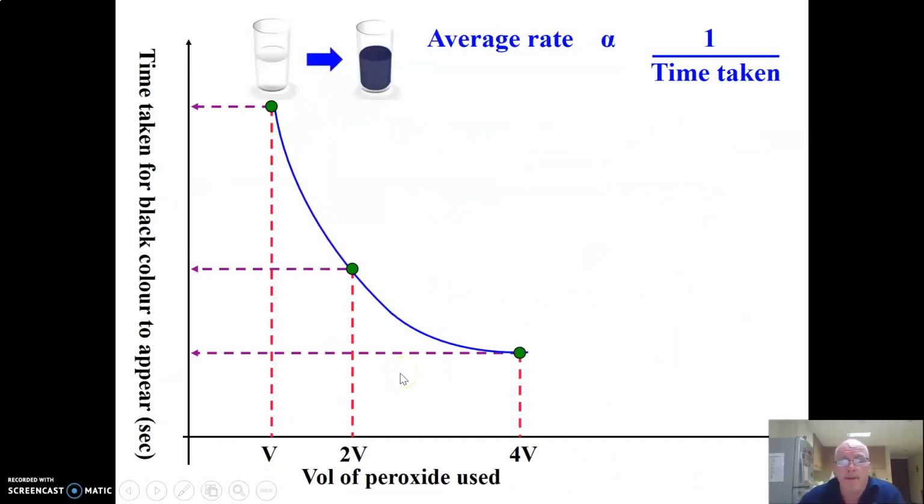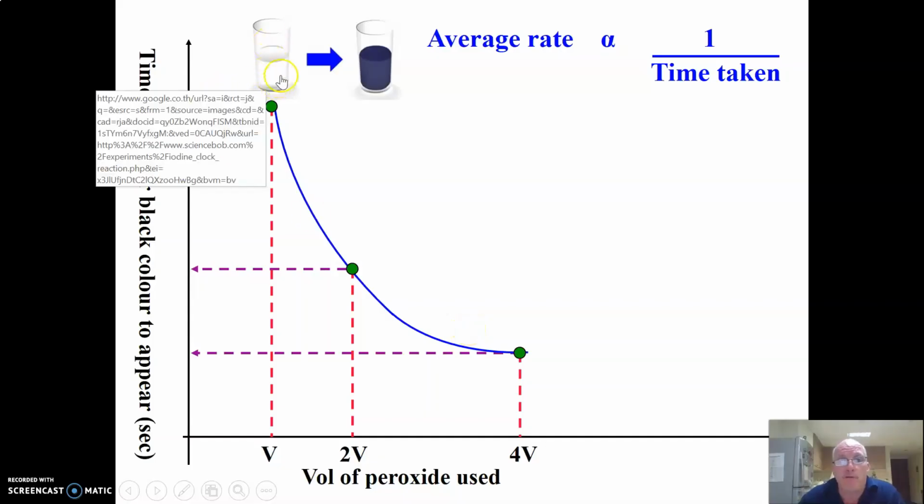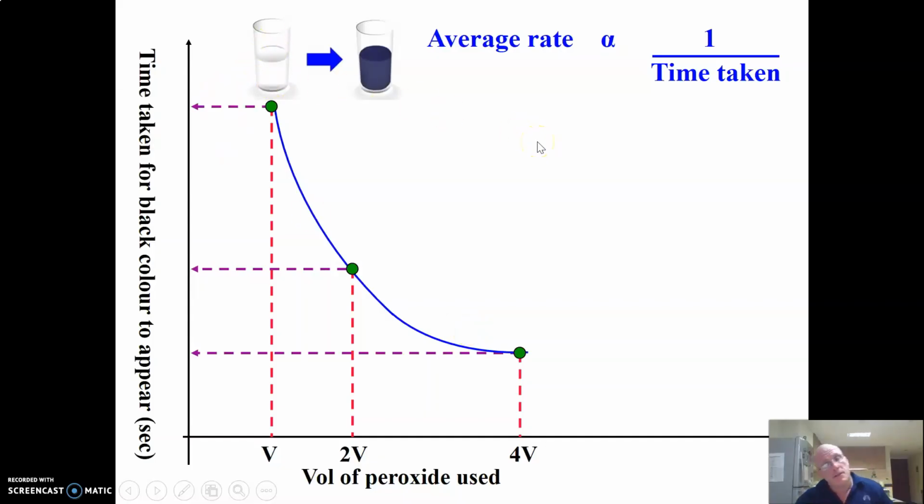Now, it so happens in this reaction that if you have a total volume here of, say, 100 cm cubed, you could start with, let's say, 10 cm of peroxide and 90 of water. Okay, then you could have 20 of peroxide and 80 of water, or you could have 80 of peroxide and 20 of water. And what you can see is when the volume of peroxide is being doubled, in other words,